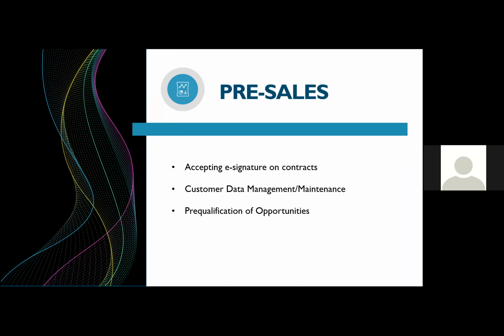I know an area that we continue to see a lot of interest and companies looking to attack is around their customer data management. Even in their upfront, whether that's their prospects or when they're initially creating that customer in their CRM, we hear lots of challenges on duplicate account records, accounts with missing information, and if you think about the downstream impact of that on things that Chris was hitting on in terms of just the billing errors or remittance,